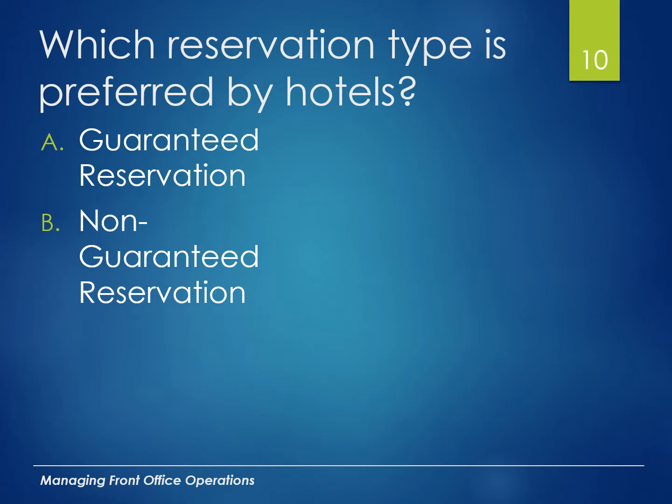All right, it is that guaranteed reservation, because if they do not show up or if they have not canceled, then we can charge that one night room and tax. We have a method of payment on file to charge that one night room and tax. But also that guaranteed reservation helps us identify what type of workload we need. If we have 50 arrivals coming in versus 10 arrivals coming in, then that tells us what we need to do to staff our front desk. So guaranteed reservations help us predict what our workload and labor is going to be.